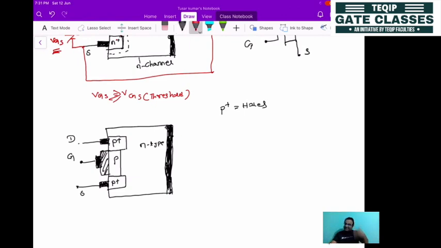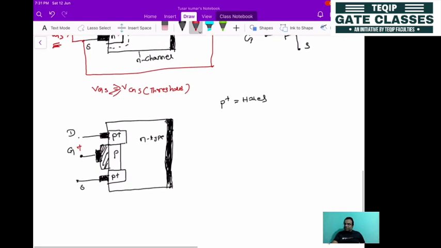Now first of all, you will see in which case the charge carriers will be accumulated near the gate terminal. So there are two possibilities. In the previous case we made the gate positive. Let's first make the gate positive. If the gate is made positive, then what will happen? It will repel the holes away from here. The holes will be repelled away from the gate terminal, so they will be coming out of the P channel into the N-type substrate.